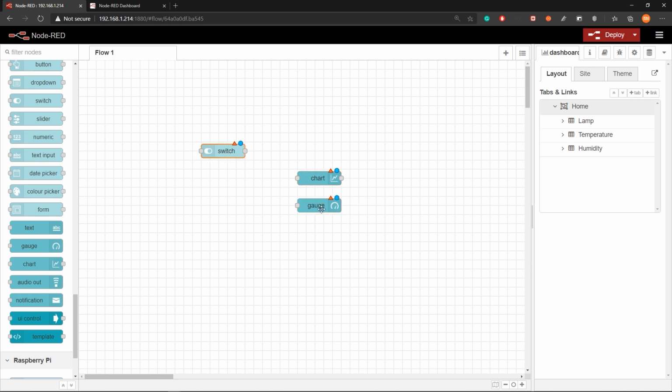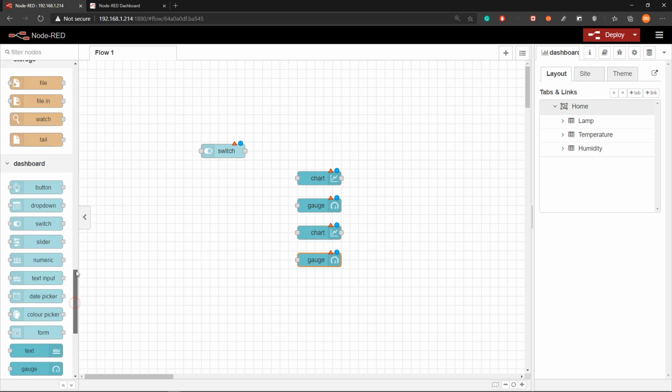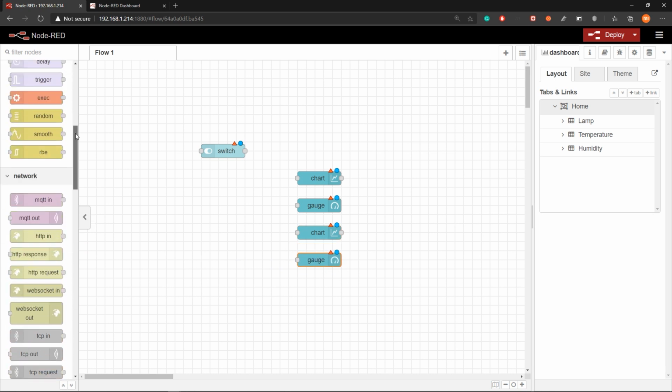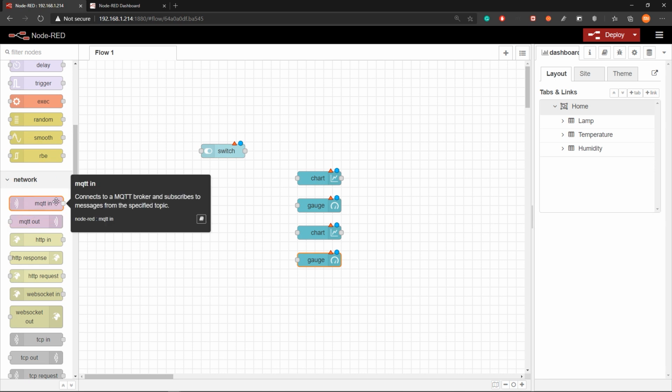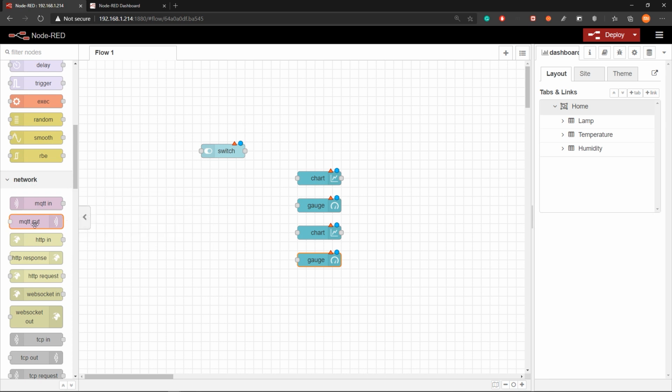So this chart and gauge will be for temperature and this switch will be for lamp, and we will need another chart and another gauge for humidity. So go up and find under network MQTT nodes. First choose the MQTT out node and place it here, and choose the MQTT in node